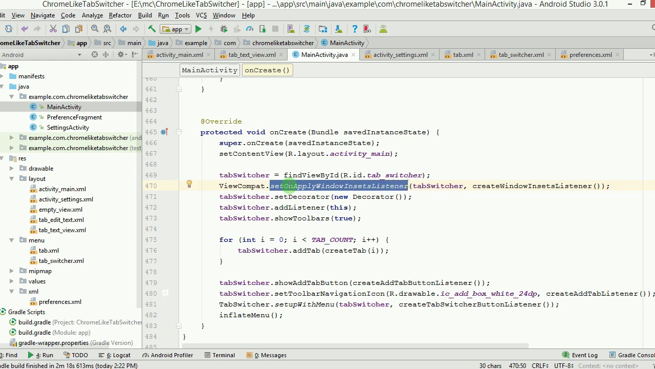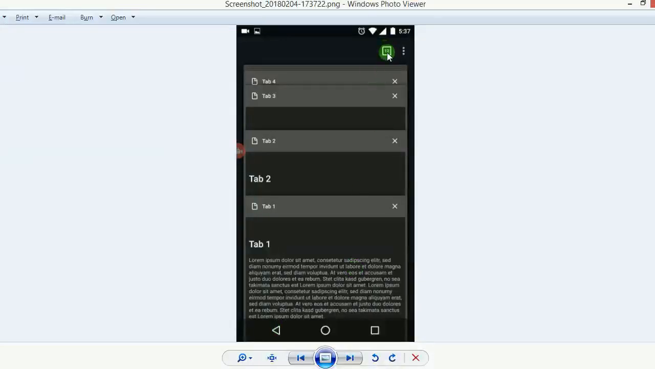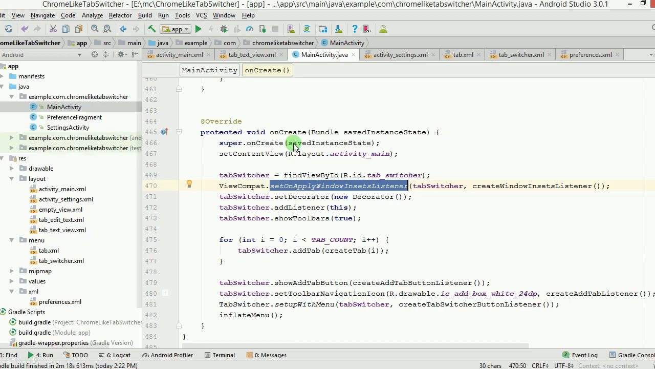So if you remember when I was showing you the demo, this same thing used to happen, whenever you were to click on this button here, then this entire screen, all the tabs actually get some margin from the left hand side and the right hand side and the top, right? So this is what is being done through this entire library, ViewCompat dot set on apply window inset listener,